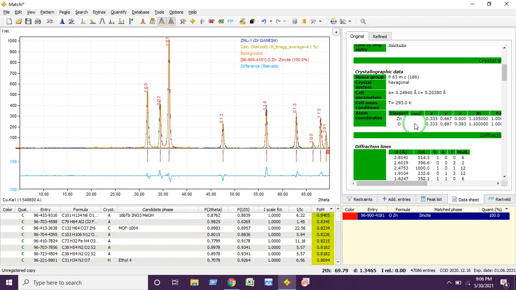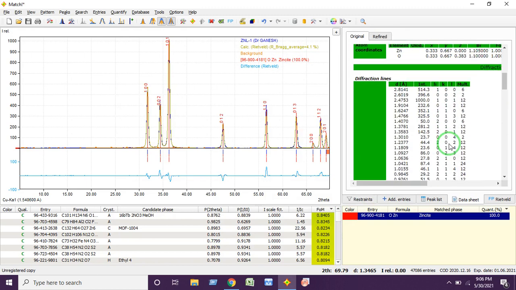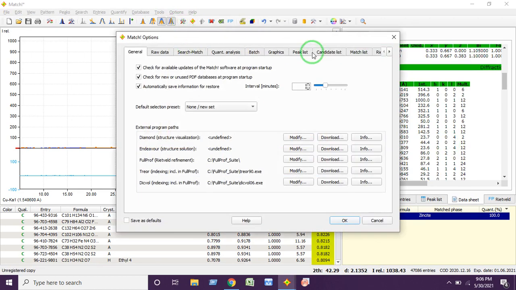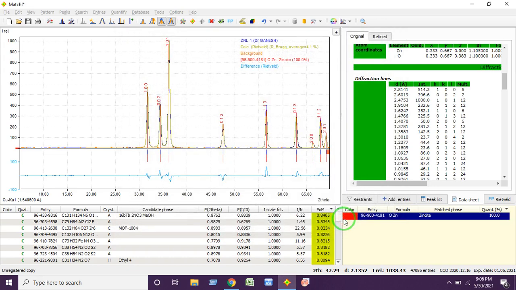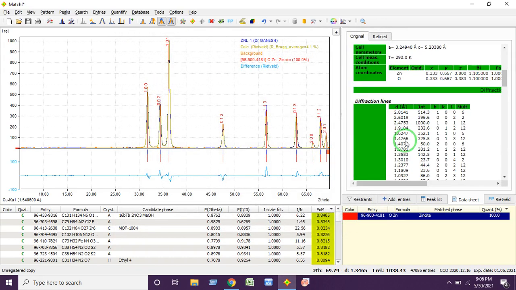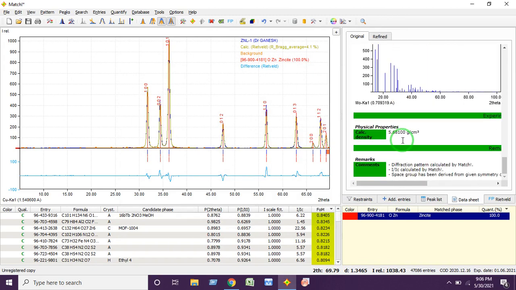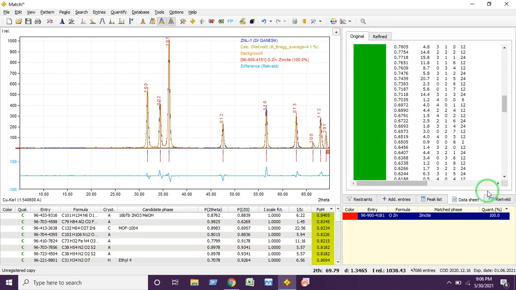Then you can see the standard database list. It has not taken, just wait. Again go to options, general options, peak list, 2 theta. Actually, here it should show the corresponding 2 theta. Just wait.